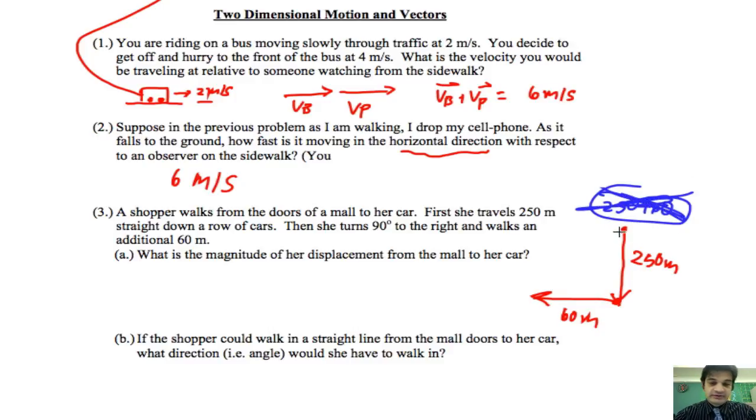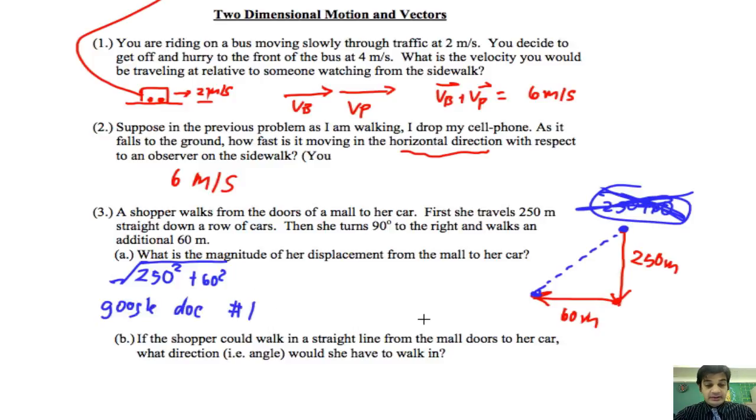We're using Pythagoras' theorem here. So we're going from here to here. And so to get that displacement, that's going to be 250 squared plus 60 squared. And so you're going to need to go ahead and work that out. In fact, that'll be the Google Docs problem. So this will be Google Doc